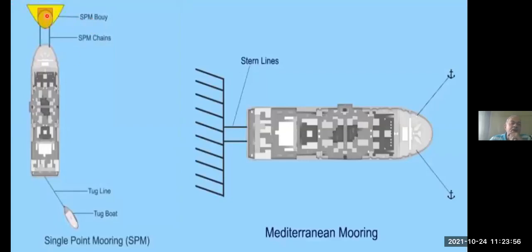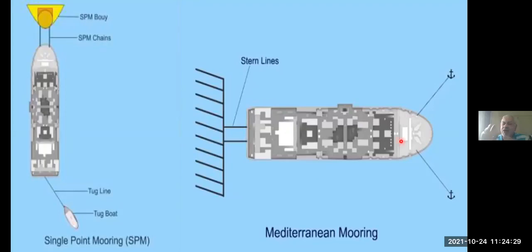So this is tied up with the ropes like this, and there may be one tug here, just holding the stern, so that the ship does not go rotating around the buoy, or move from here to here to here. So behind there are no moorings, but only one tug is kept. Okay, so this type of mooring is taken as single point mooring. All these moorings have different advantages and disadvantages, depending on where they are used and what for.